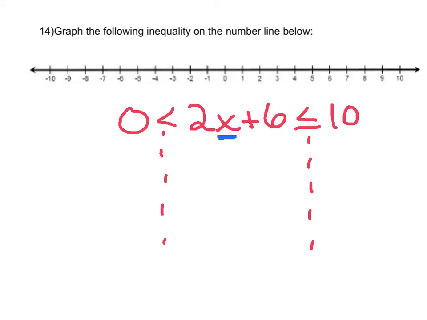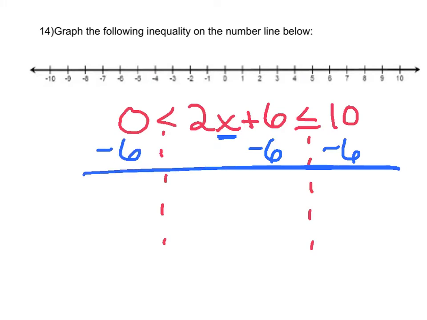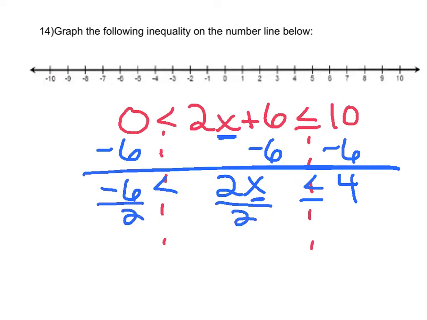So the first thing that I'm going to do is subtract 6. Now I have to do that to both sides of the inequality there. So that's going to leave me with -6. I have 2x left in the middle, and I have 4 left on the right-hand side. Now to get my x alone, I need to divide by 2, and you need to make sure you do that to all the sides. You're left with x, a -3,